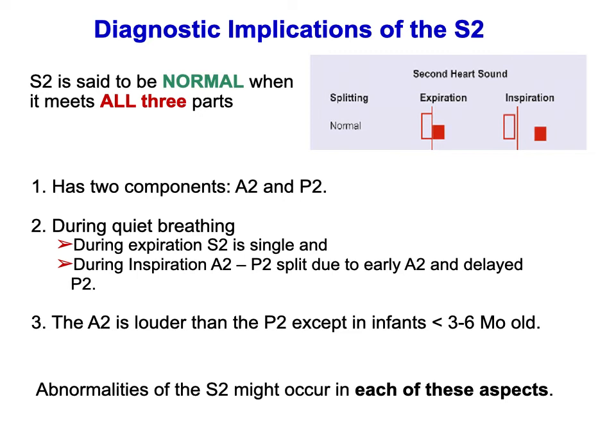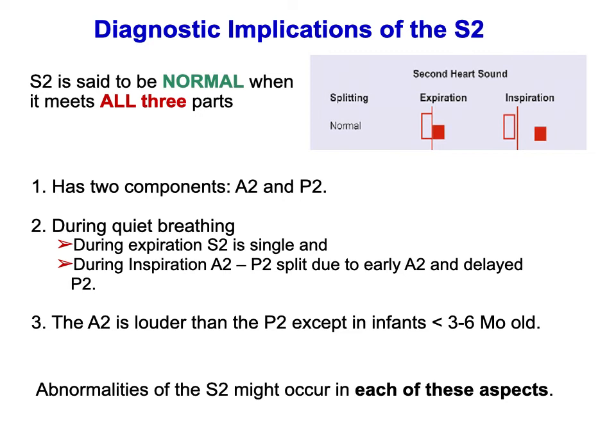Now how does this happen? It depends mainly on three factors. One is the pliability of the valve cusp. If the valve cusps are fixed and rigid, like stenotic valves, they will produce less sound. Closure would be slower and produce lesser sounds. The second one is the distance between the valve cusps at the end of the ventricular systole. The more open the valve cusps are, that is, the more the pressure gradient between the two, the more forceful the closure of the valve cusps and the more intense the sound. So these are the factors that affect the intensity of the heart sound.